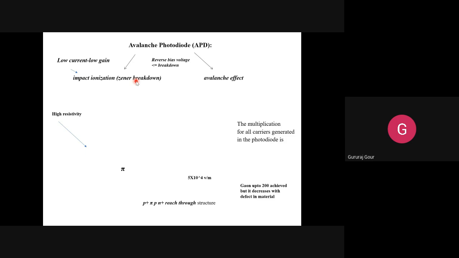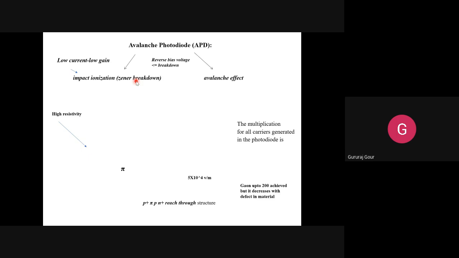You are in the reverse bias mode now. We are discussing what is the status of the P and I regions. They are in the reverse bias region. Majority carriers are not going to contribute, so minority carriers will be there. They are contributing very little current, that is, in terms of microamperes. So the only contribution to the current that we are expecting is from the electron hole pairs which are generated in the I region. So that is the situation in the pin diode with the reverse bias condition.